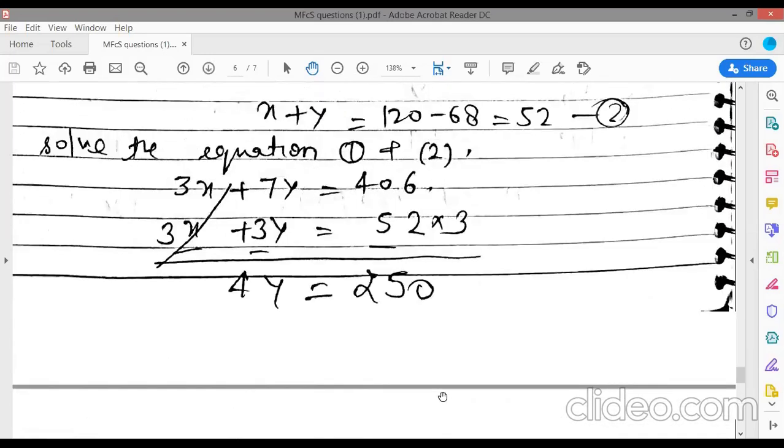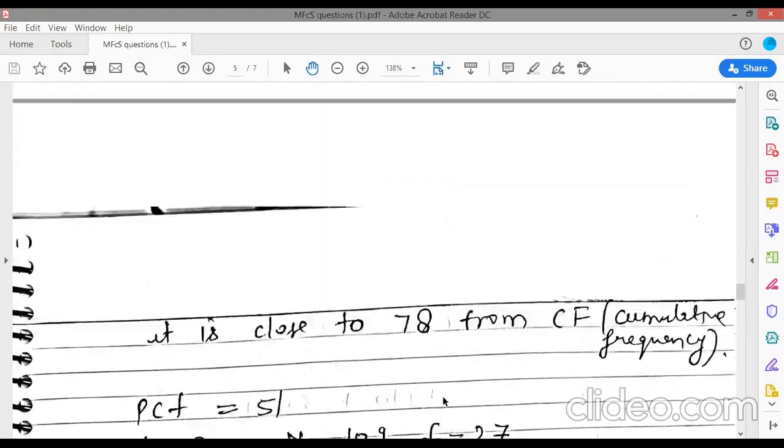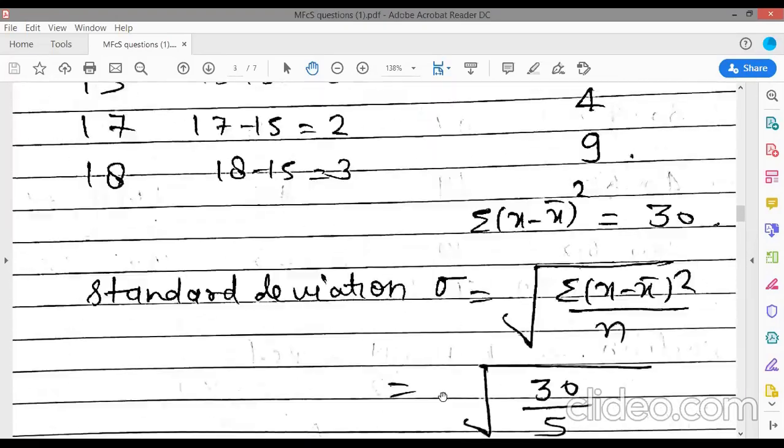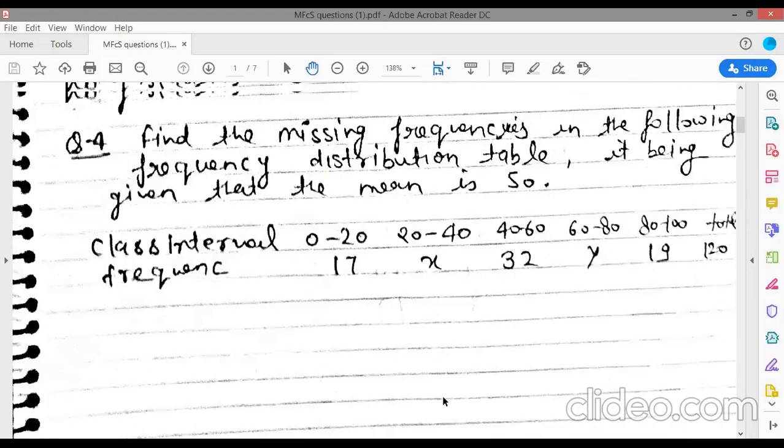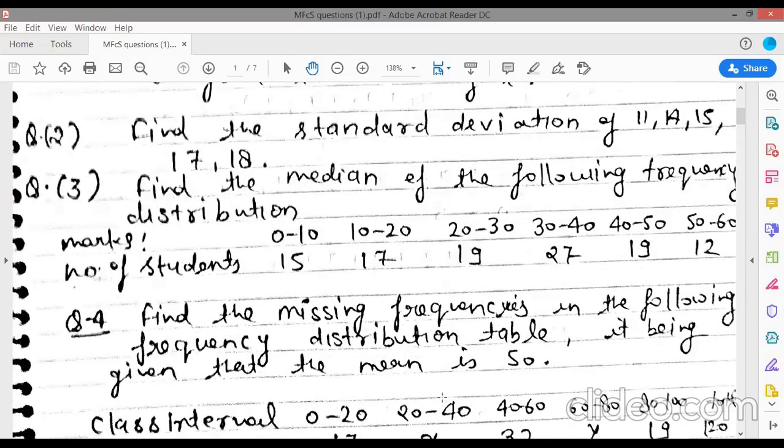So this is a different type of question, and 2 marks questions and 8 marks questions are always asked in your semester exam. So just prepare all these questions, and I will share different types of questions in our next video. So I think it is sufficient to understand mean, median, mode by these questions. Thank you.